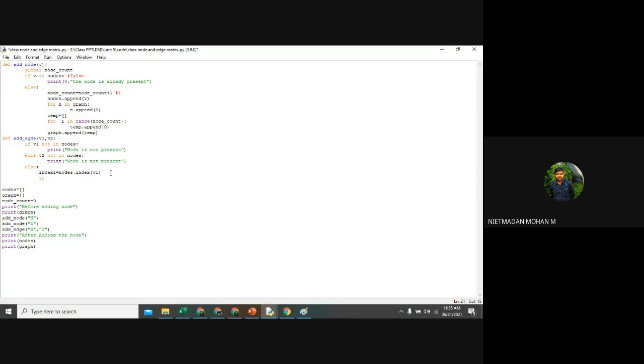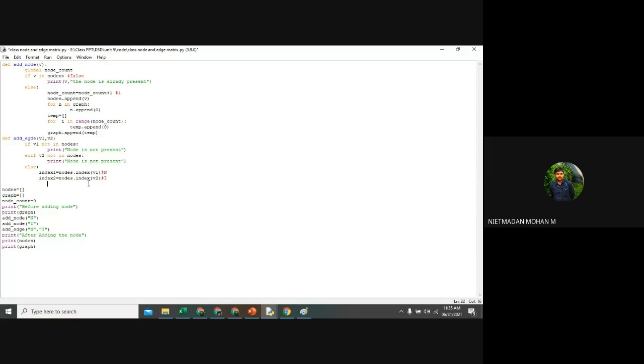And again, I'm taking index 2 is equal to nodes dot index of v2, which means it will take the index value of I. Clear? It will take the index value of n and the index value of I.